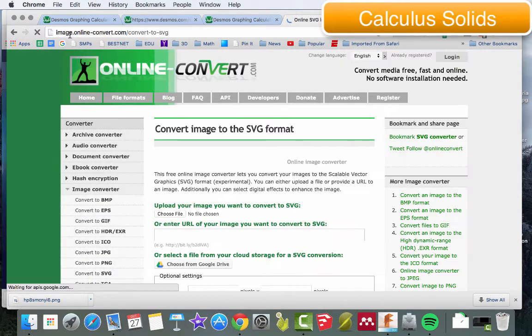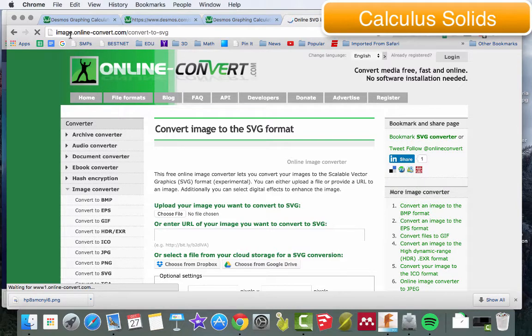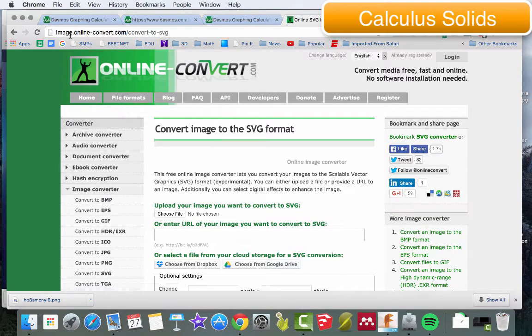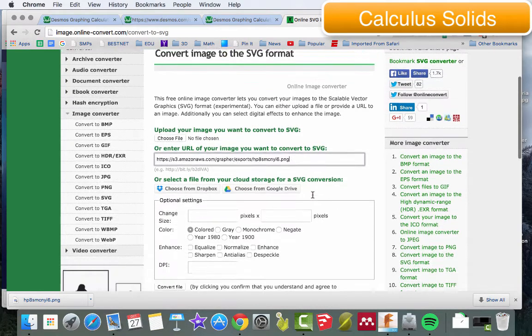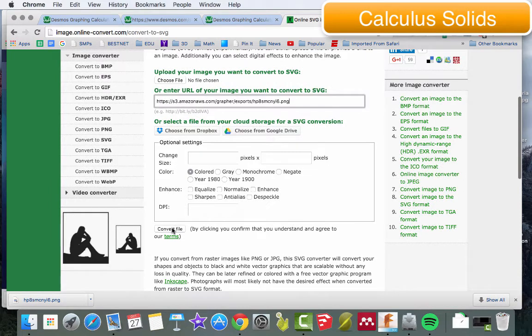Now, this is what we're looking to do. We're looking to take this picture and convert it to an SVG file, so a scalable vector graphic format. You can upload the file, or like I've done, I can copy and paste that PNG file, that image file that I've just created. So I can go to click Convert File,